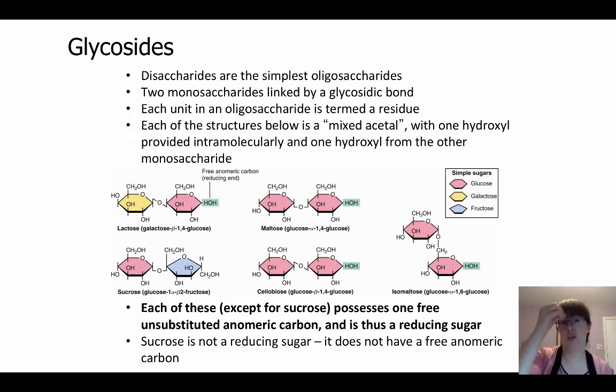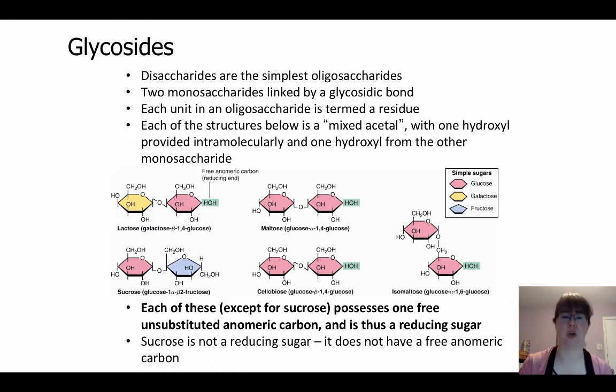The name reducing sugar does come from the ability of different carbohydrates to reduce different metals. That is where that comes from. But for us, what we're going to basically look at is if it has a free anomeric carbon, then it is a reducing sugar. Because sucrose has both of the anomeric carbons forming that glycosidic bond,